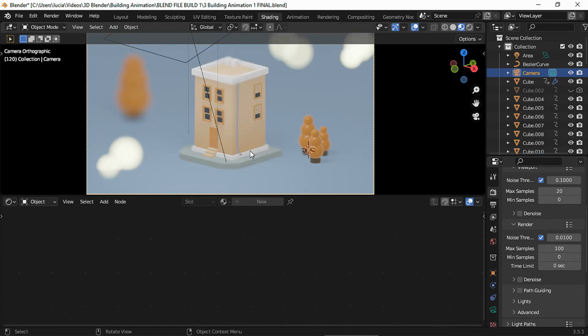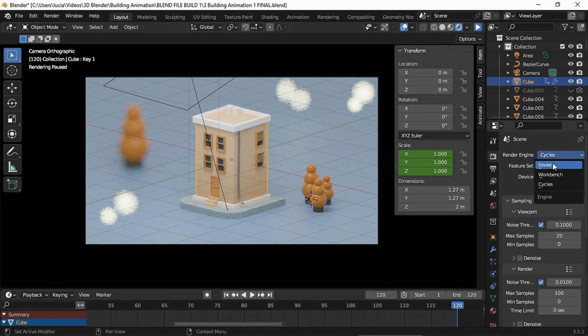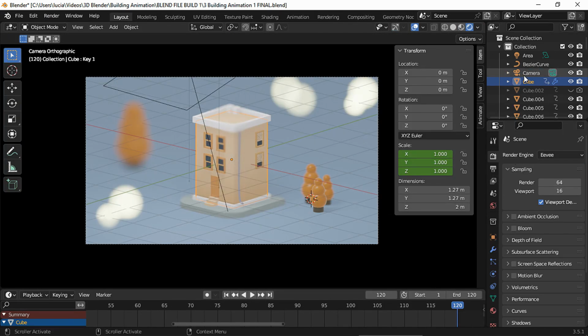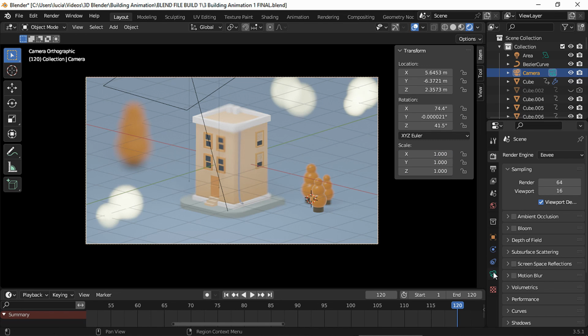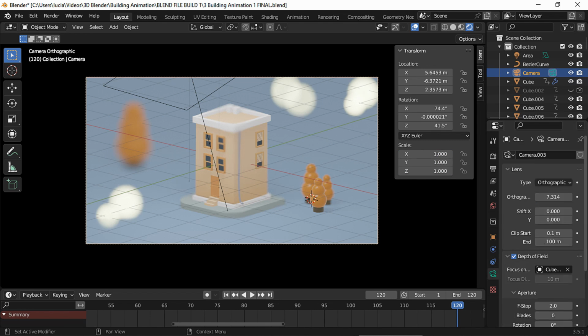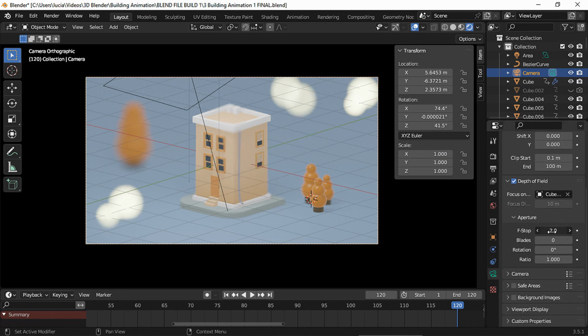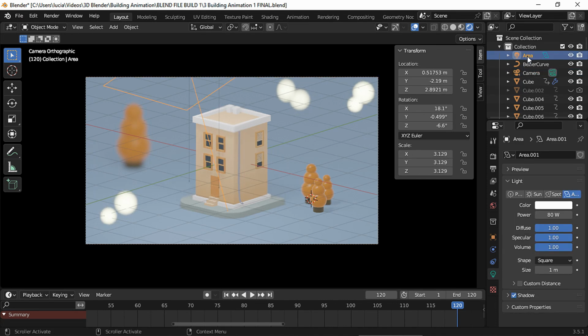And I recommend you first render a still image to see if the lighting and materials look fine, and then you can render the entire animation. And if your computer is a bit slow, you can always use SheepIt, or you can simply render in Eevee. But in order to make an Eevee render more appealing, we had to make some changes. First, let's change the f-stop because it looked too blurred in Eevee, so I went with 4 instead.